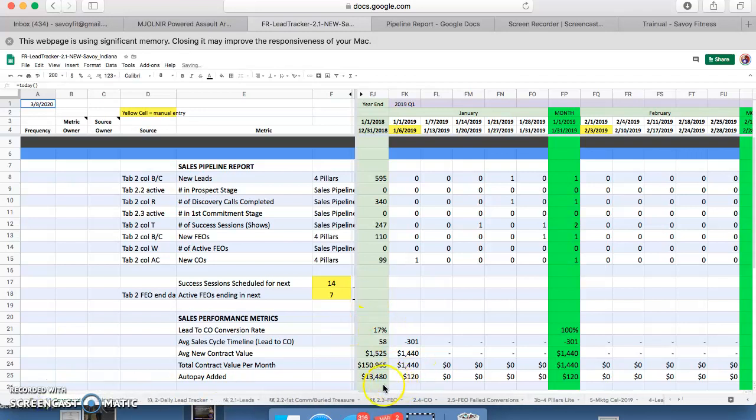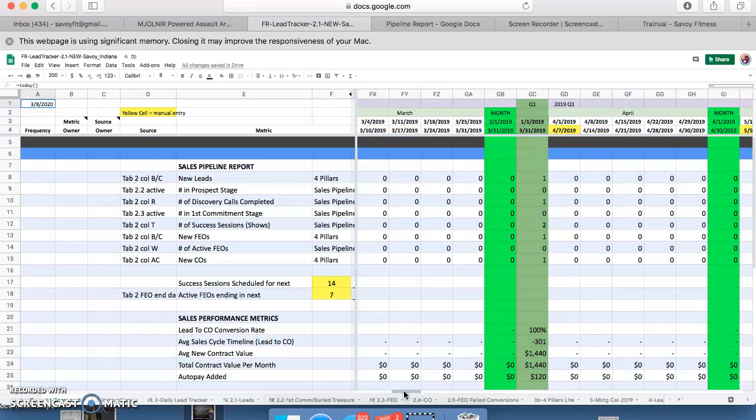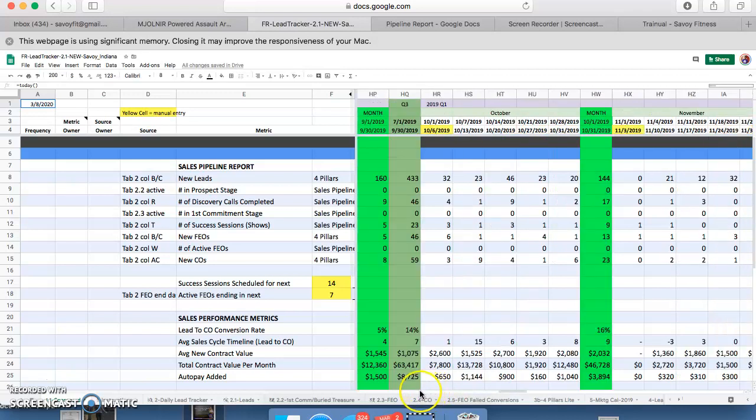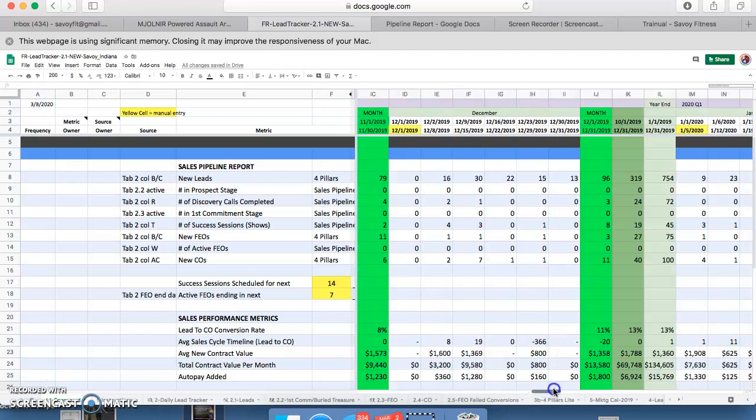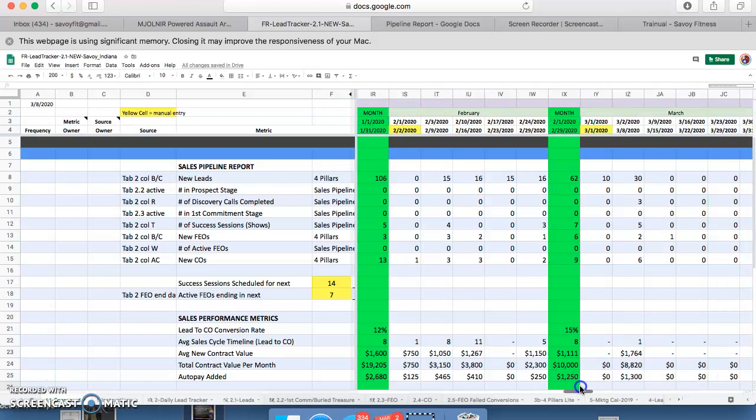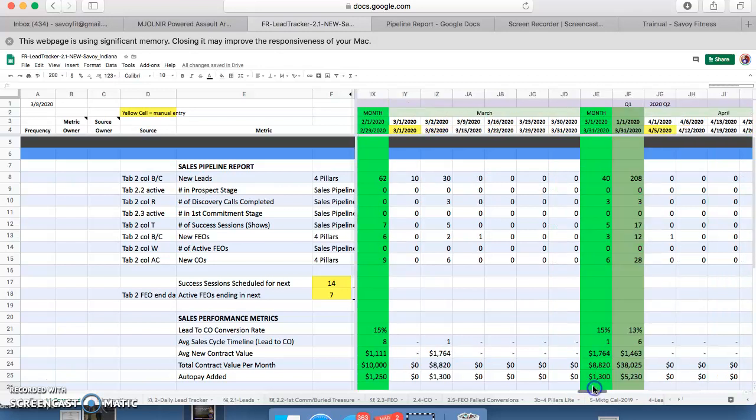1.1 scorecard. What you're going to do from here is find the date range that you're looking for, right? So we're in March 2020. And what you want to do is when you get here, it has the breakdown of leads, prospect stage, all that good stuff. All you want to do is go to the month you're in, 3/1 through 3/31/2020, and you want